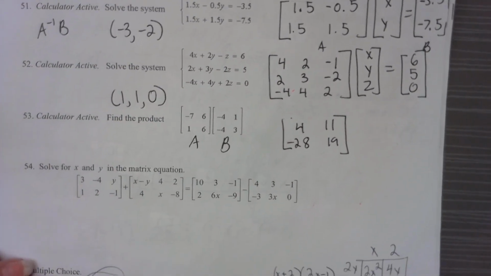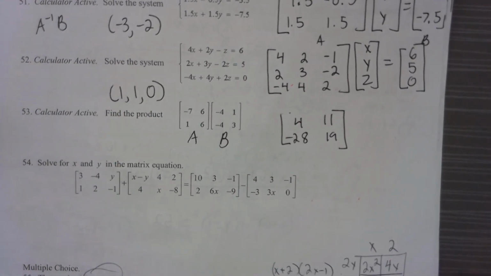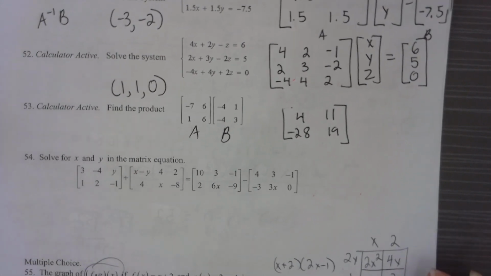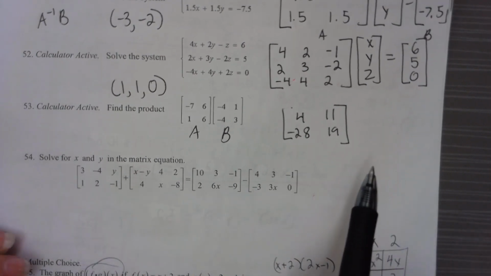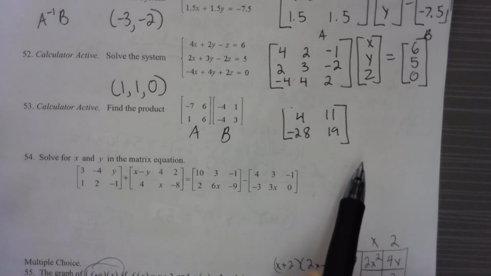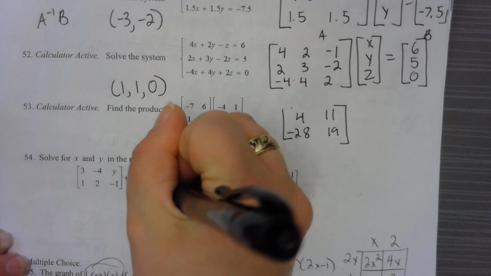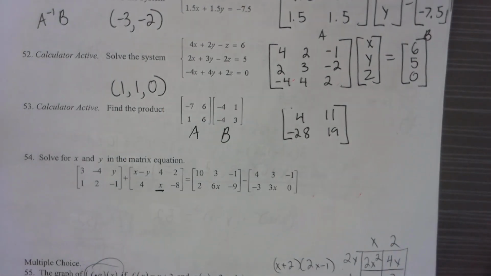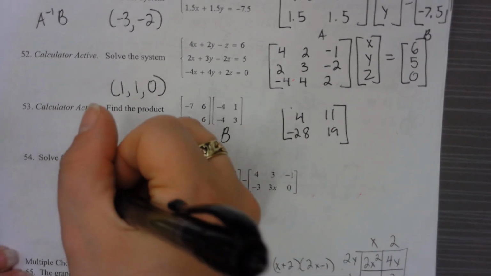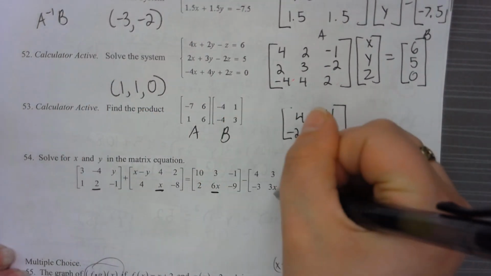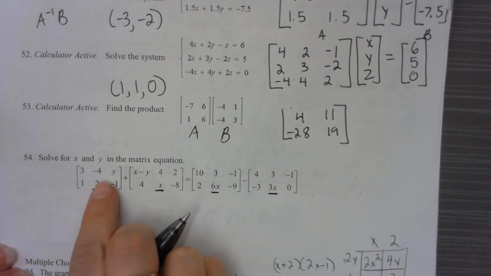Okay. So this last one you don't really need a calculator for it. So we're trying to solve for X and Y with the matrix equation. And so X and Y are kind of mixed in sporadically throughout here. So you just kind of want to find the one that's going to work best for you. So I see that I have an X here, so that is in the middle of the bottom row. So I want to make sure I'm pulling all the values from that middle bottom row as I type this in. So I'm doing 2